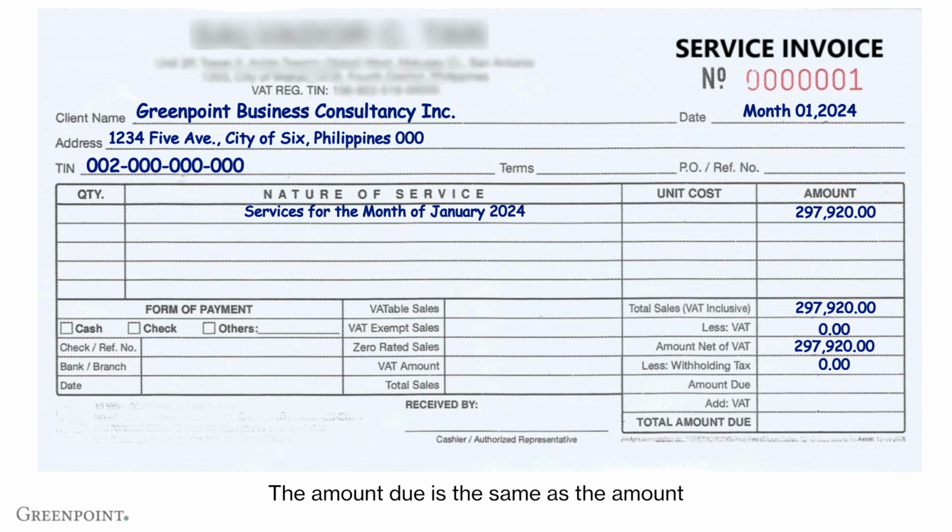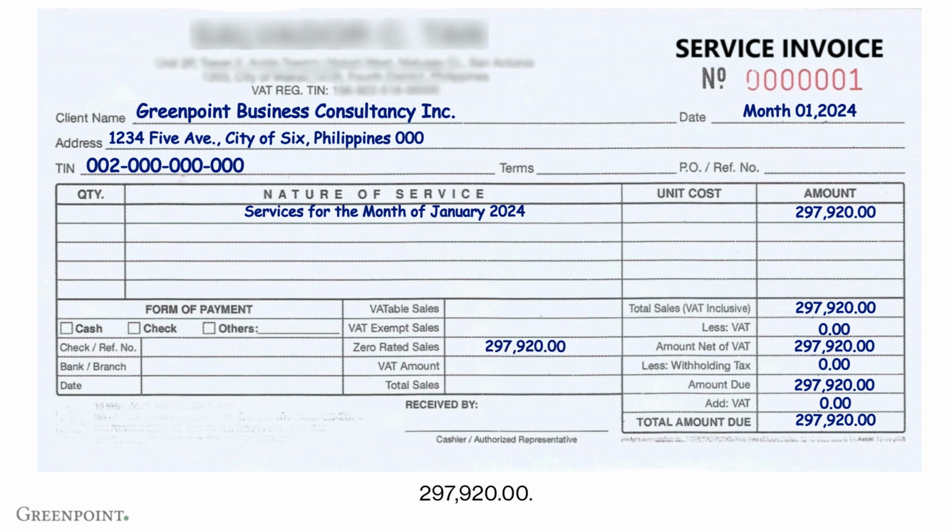The amount due is the same as the amount net of VAT, which is 297,920.00. In the "Add VAT" section, enter 0.00. The total amount due should reflect 297,920.00, which matches the total sales. On the left side of the invoice table, under the zero-rated sales section, enter 297,920.00. For the other rows, input 0.00. At the bottom of the table, under total sales, enter